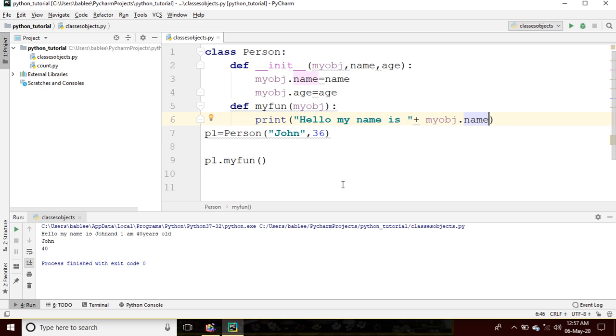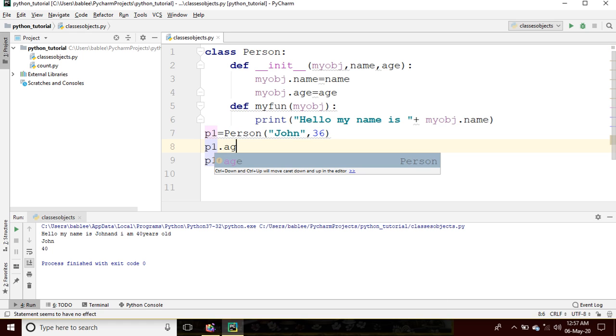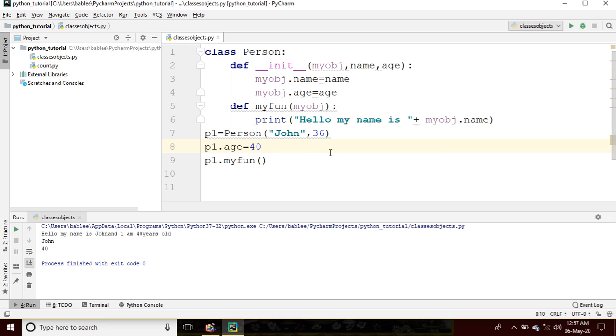So now let's talk about how to modify the object. If we want to modify, we simply use p1 dot, suppose we want to modify the age of John, so p1 dot age is equal to, now it is 40. Okay, and we have to call p1 dot my function, that is the method. So in this method we have to print hello my name is my obj dot name plus